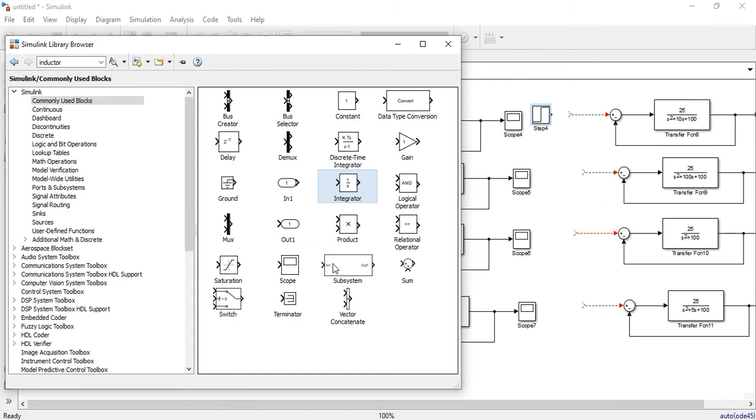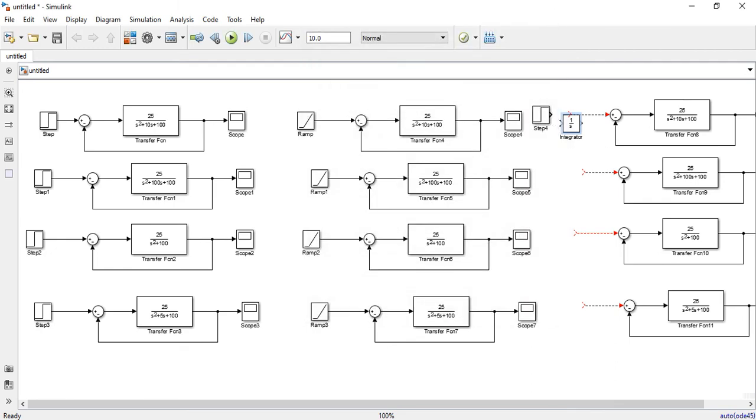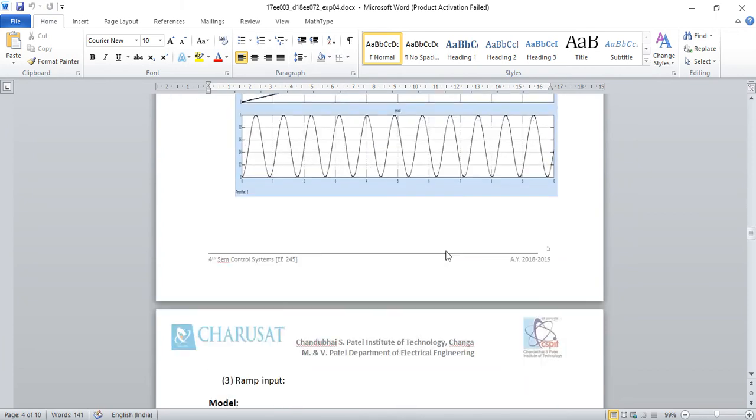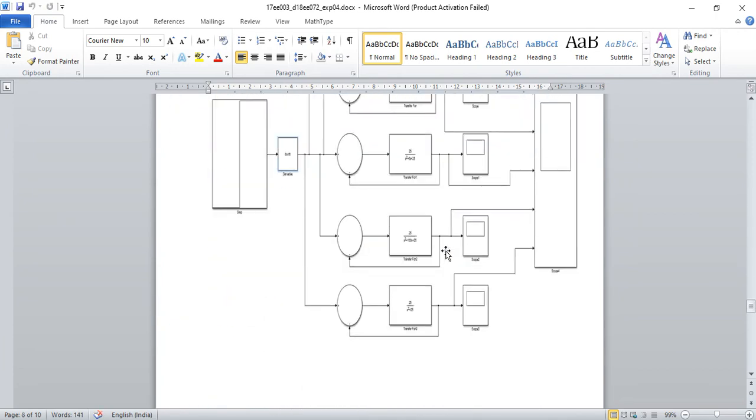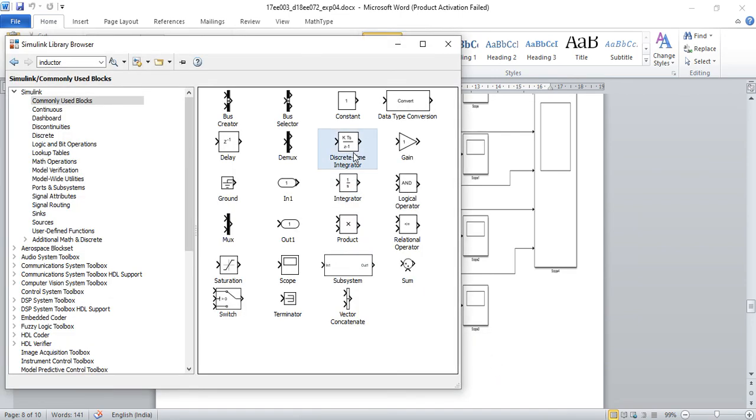The integrator is over here, but the differentiator I'm not sure whether it is here or not. There's mux, vector sum, data, integrator. We'll be having a step input, and a differentiator block should be there.